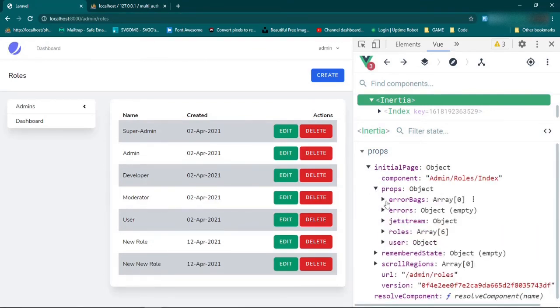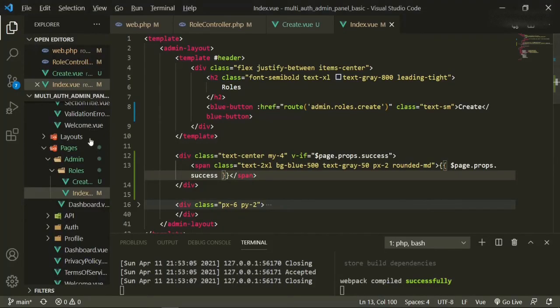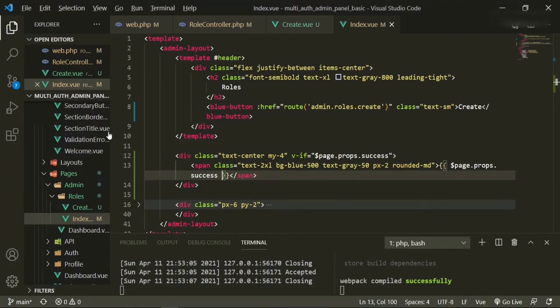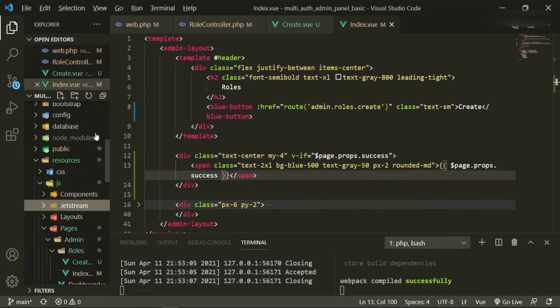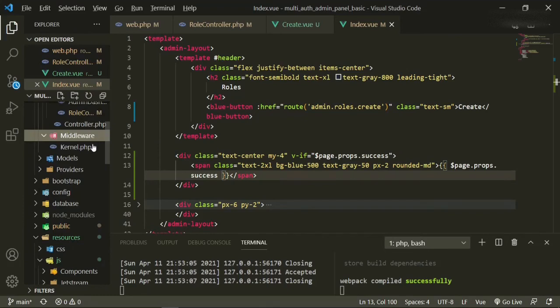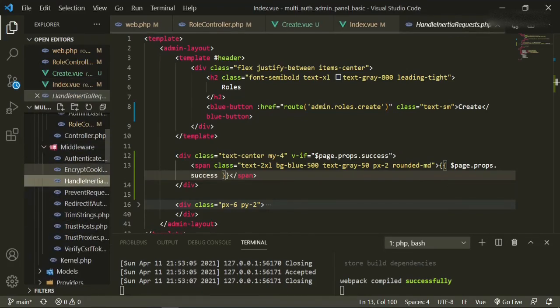You see we don't have a success section. We have errors, but we don't have success. So to fix that, we need to head over to the inertia middleware. And close this. Go to middleware and the handle inertia middleware.